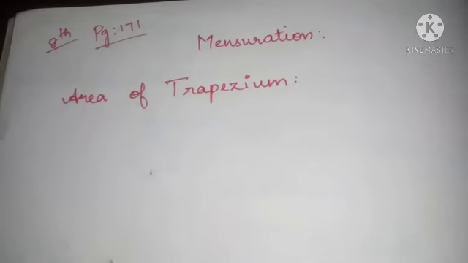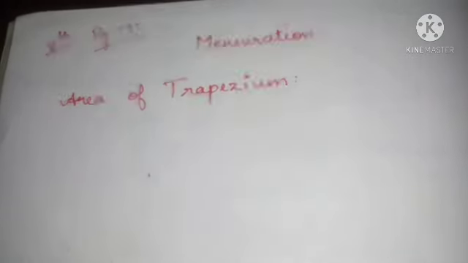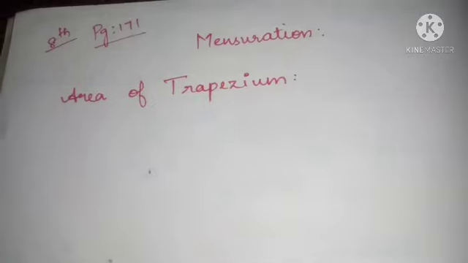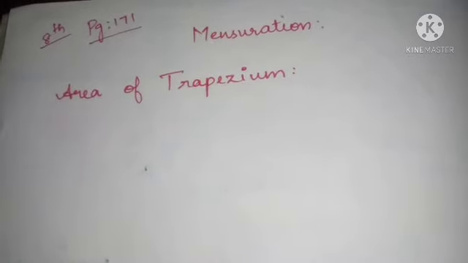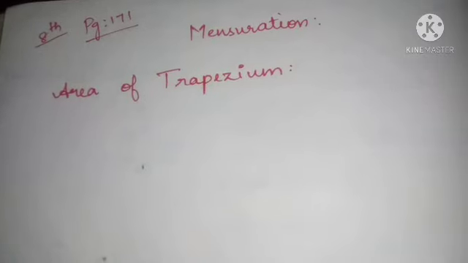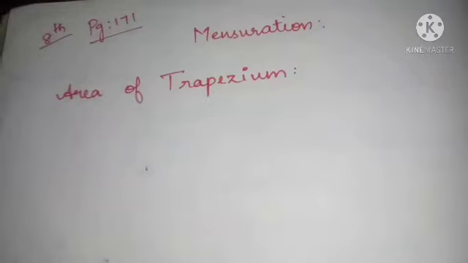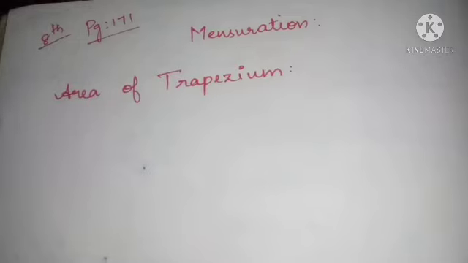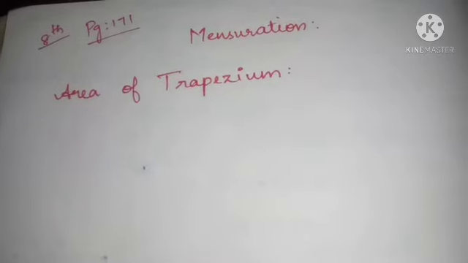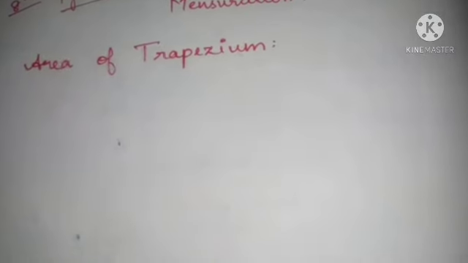So already in the last class, area of the triangle has come from area of the parallelogram, correct? Using the parallelogram area, we have divided that parallelogram into two triangles. So half of that area of the parallelogram will be the area of the triangle, correct? The same technique we are going to use here for the area of trapezium. Okay. So what is the property of a trapezium?